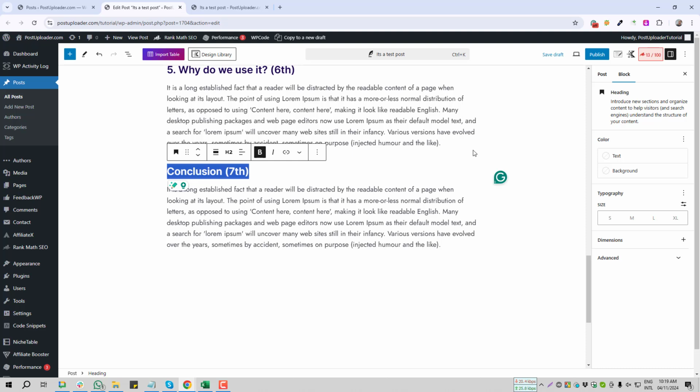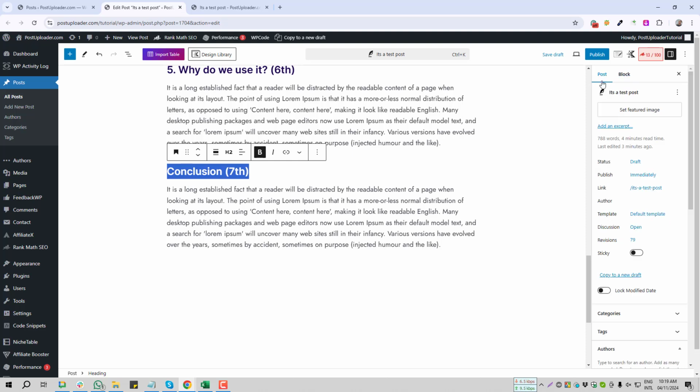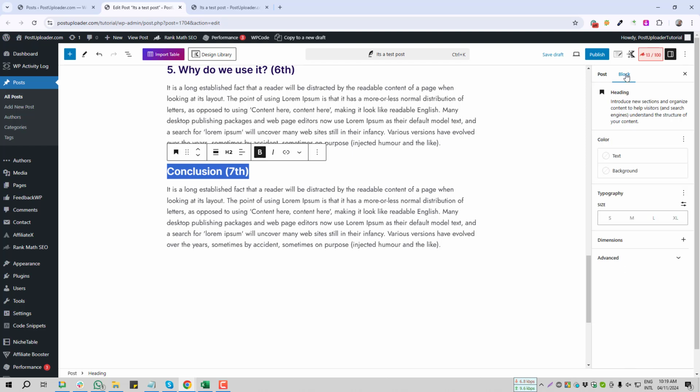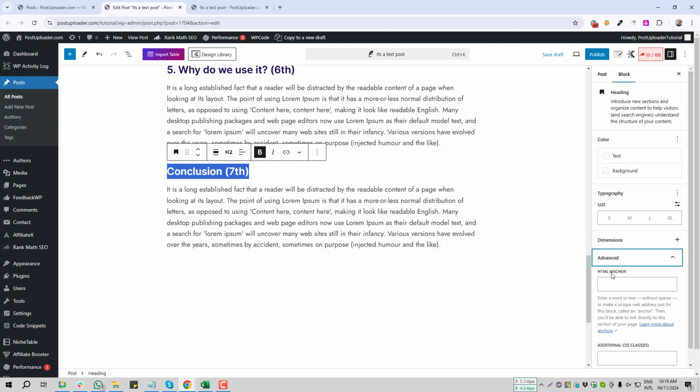After that, on the right side you will get the block section. Maybe you will be in the post option, but on the right side there is a block tab. Click there and at the bottom you will find the advanced option. Click advanced,